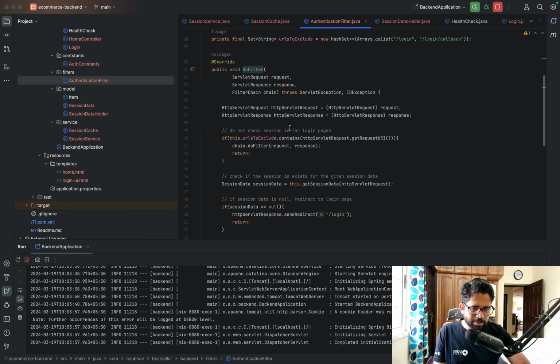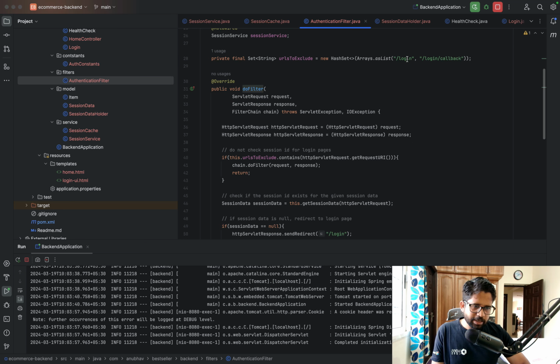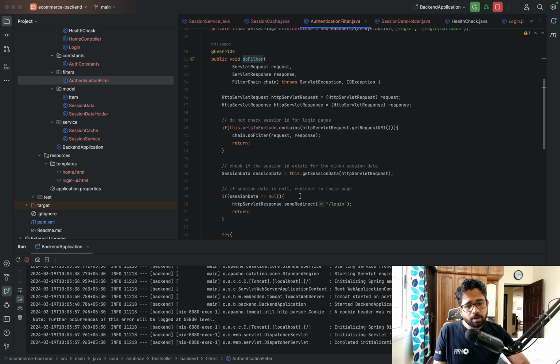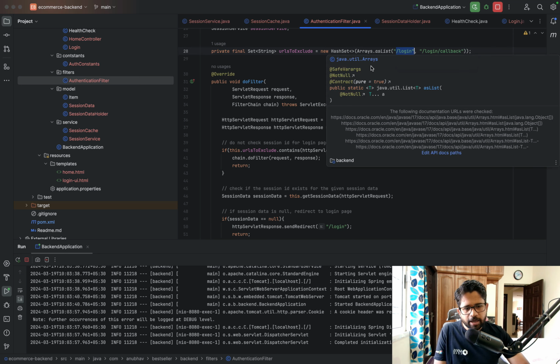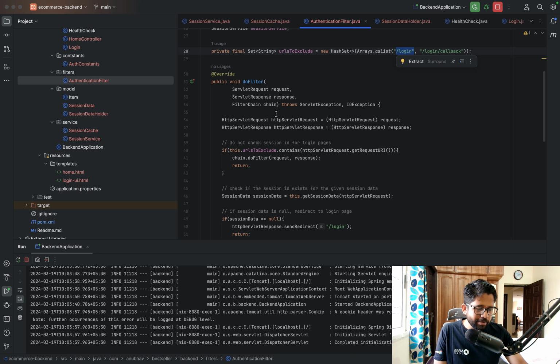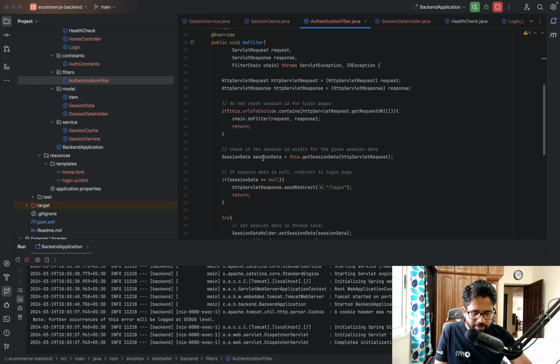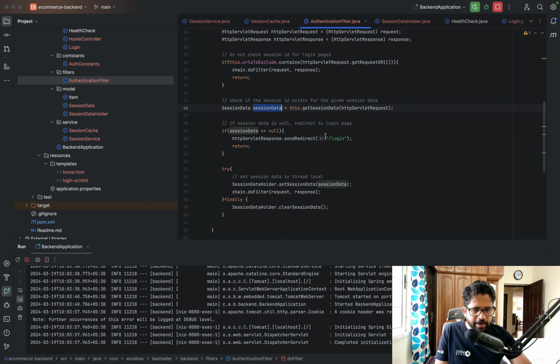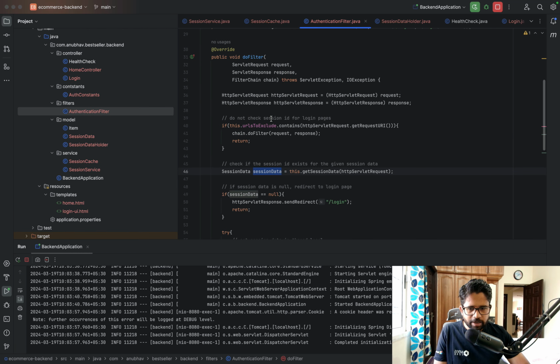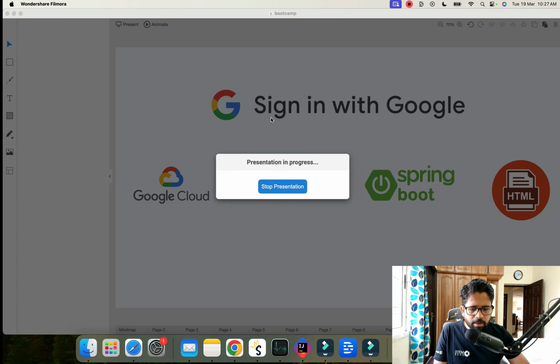So here I'm just having a logic that all the requests will be checked here. All the requests coming to my controller, if the request is /login or /login/callback, then I'll not verify the credentials. In other cases, I'll verify the credentials, that is whether the session ID is valid or not, and if it is invalid, I'll redirect them to the login page. So that's what I'm doing in the authentication filter. Let me show you a little more about it